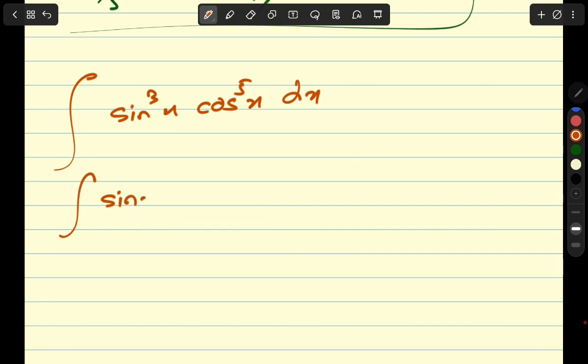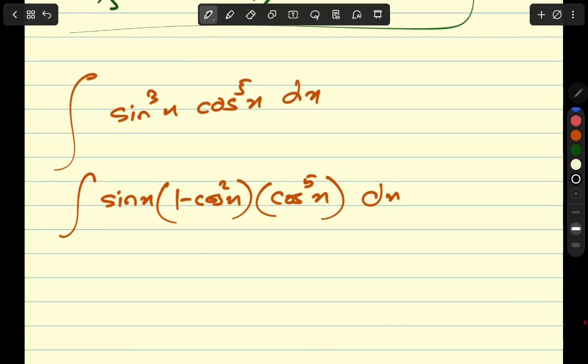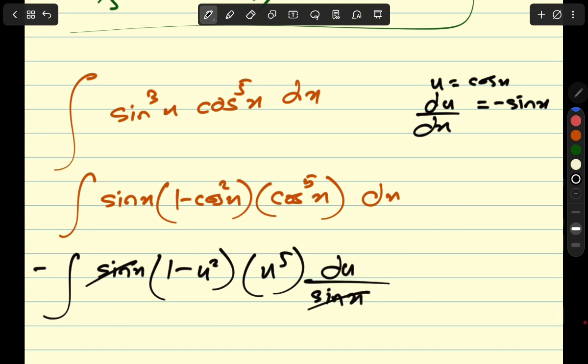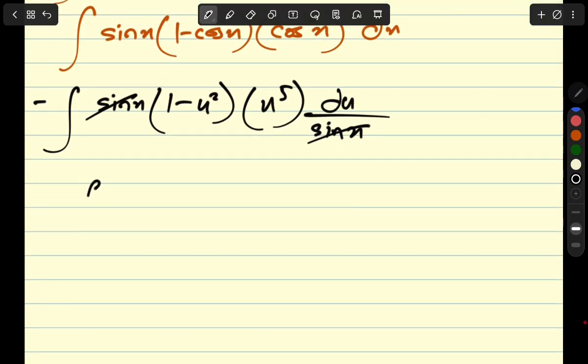So if I save one sine, this becomes sine x, and then sine squared x, which is 1 minus cos squared x, and this is going to become cosine to the power 5 x dx. Now if I take the substitution u is equal to cosine of x, du by dx is going to become negative sine of x. So sine x gets copied as it is, this becomes 1 minus u squared, this becomes u to the power 5, and dx is going to become du over minus sine x, and sine x is going to get cancelled, and you're left with the integral of minus 1 minus u^5 plus u^7